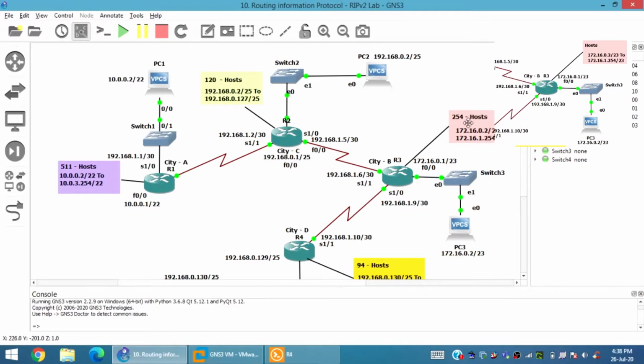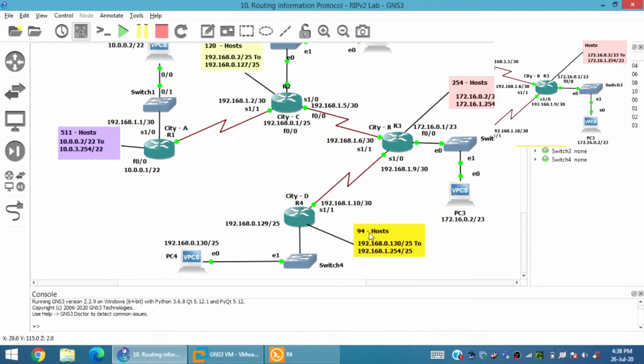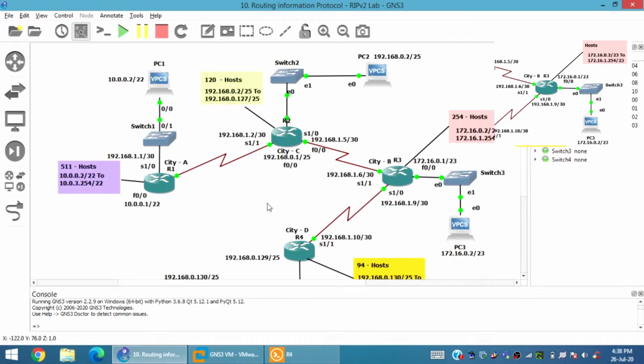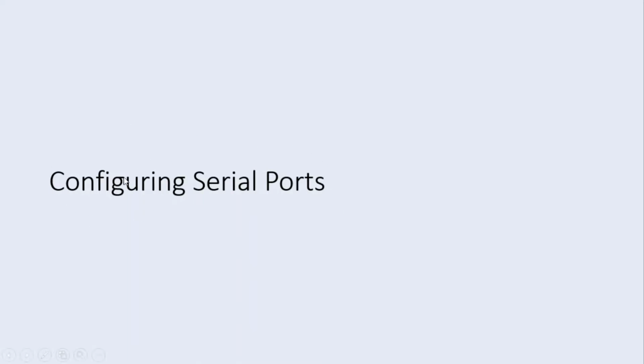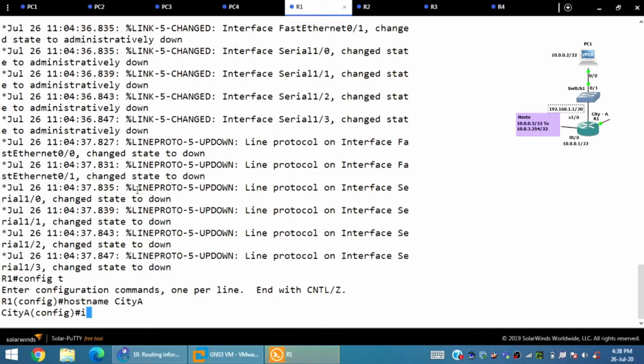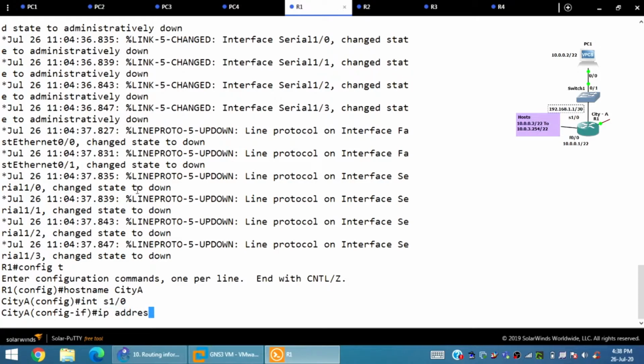There are the numbers of hosts that you can see over here: 94 hosts for city D and so on, 254 hosts for city B, city C contains 120 hosts and 511 hosts for city A. So let's configure the ports. Serial port 1/0, as you can see in the right hand side figure, I have already shown it over here.